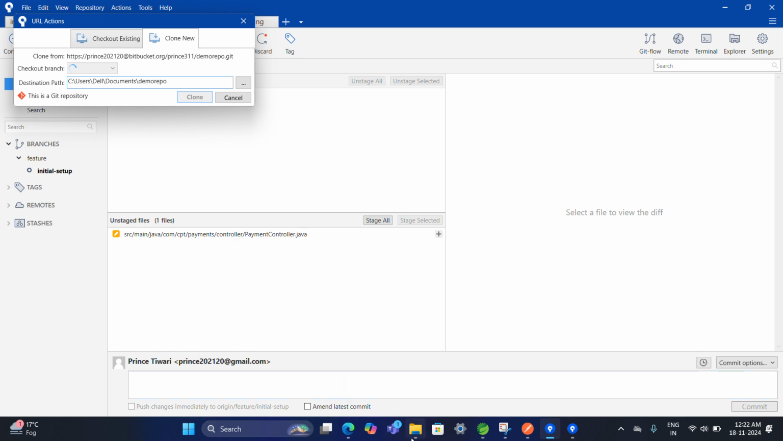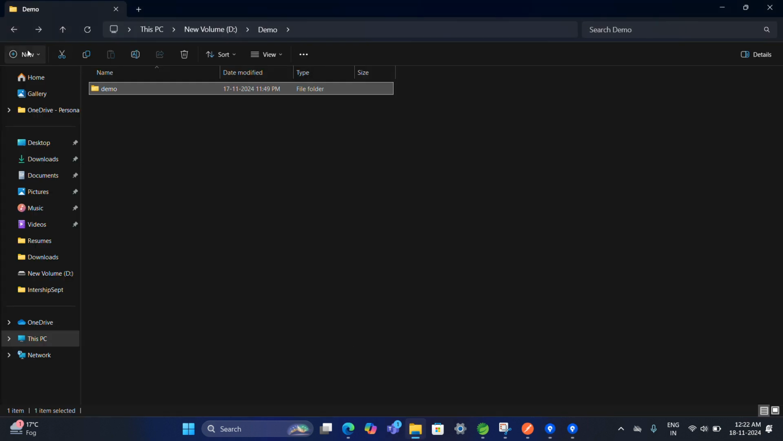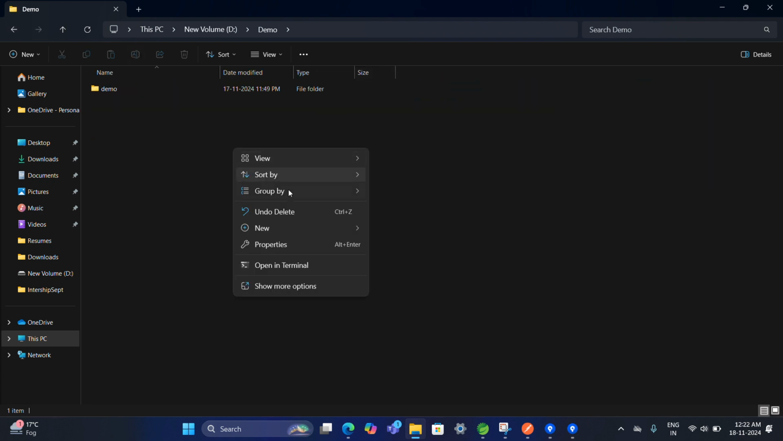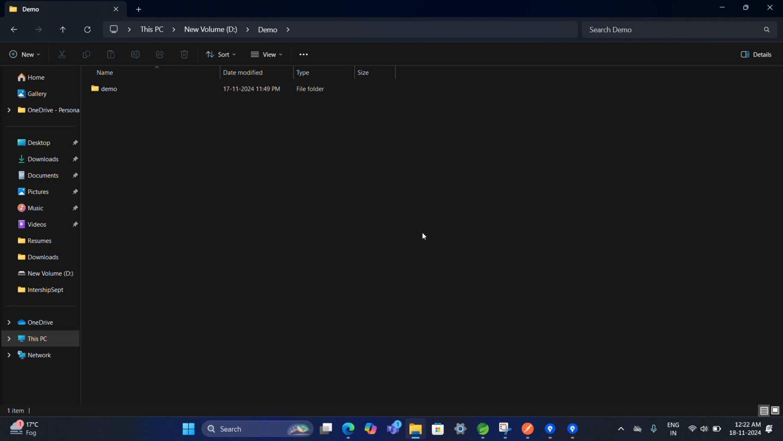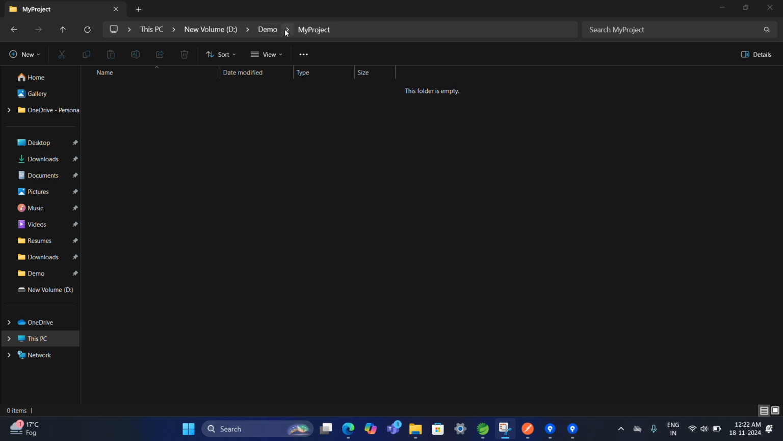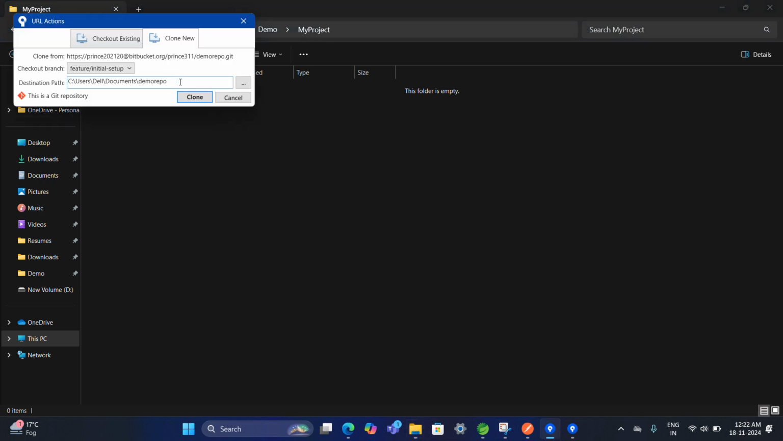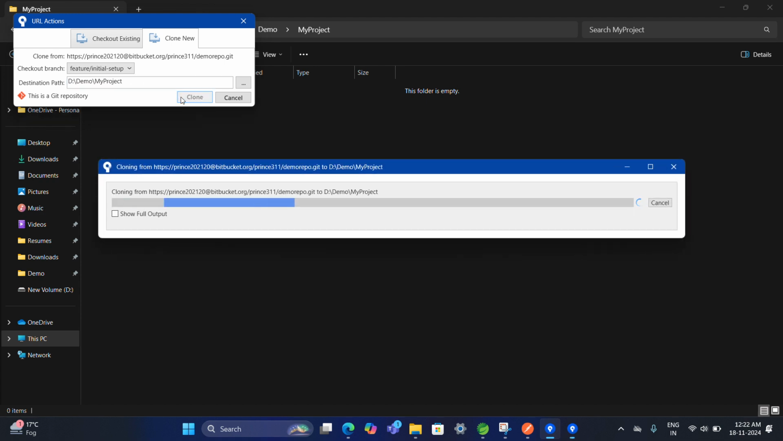It should be in an organized manner, so for that I'm going to create a new folder called my project. Okay, like this. I'm going to copy the path, paste it here, and let me clone this. Okay, after cloning,